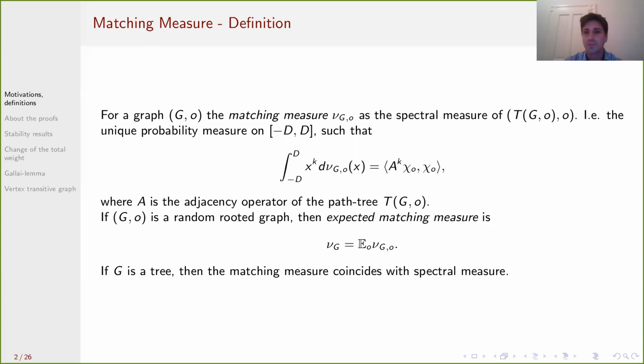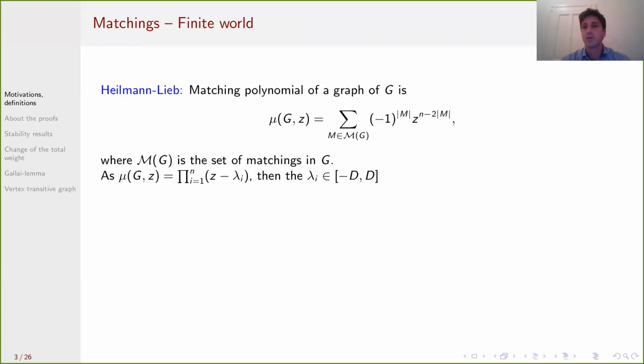Okay, so for trees it coincides with the usual spectral measure, but for general graphs it's different. So here's the motivation. You may wonder, why am I calling them matching measure? There is no matching in the previous slide. So in order to answer that question, let me recall the definition of Heilmann-Lieb for the partition function of monomer-dimer models,